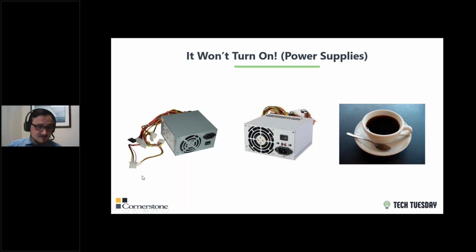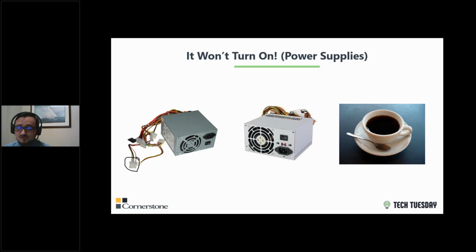But either way, these connectors, and I will circle each one as I kind of talk about them back here, correspond to different parts of your motherboard and different parts of your computer. This 4-pin connector down here is called a 4-pin connector because there are 4 little ribbons coming to it. This is less commonly used now, but it's actually a power cable used to power like CD drives and things of that nature.